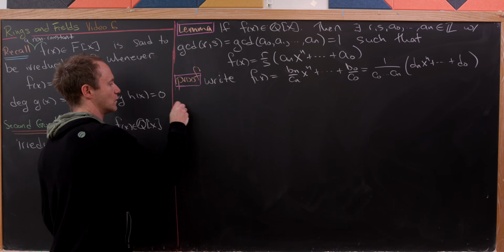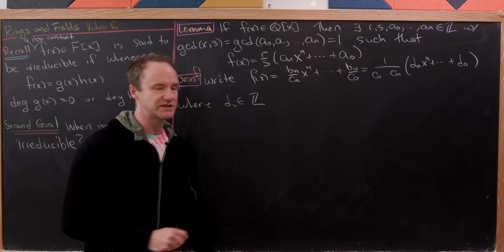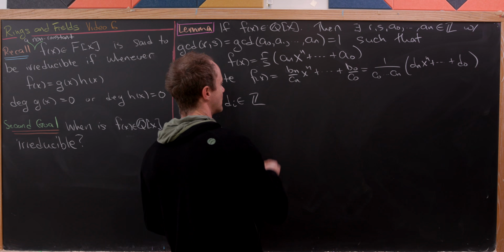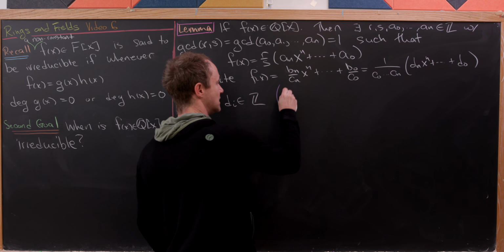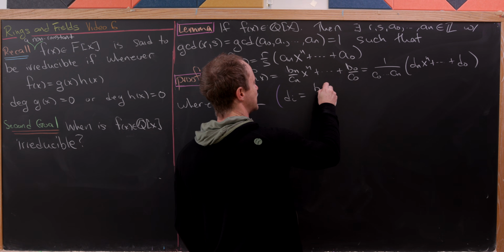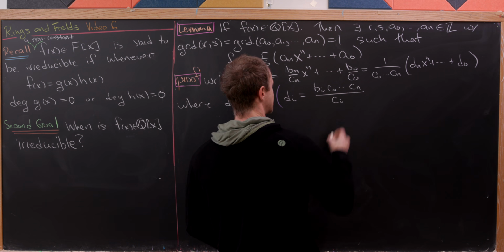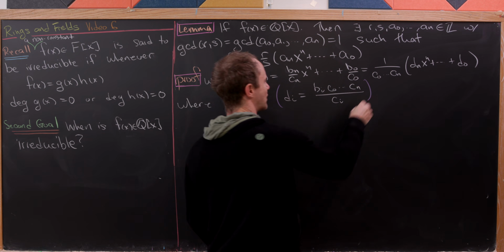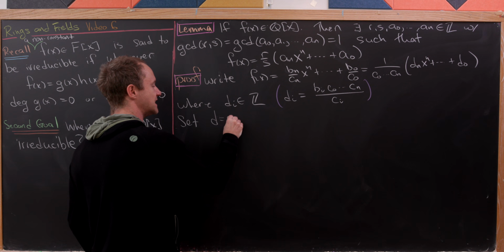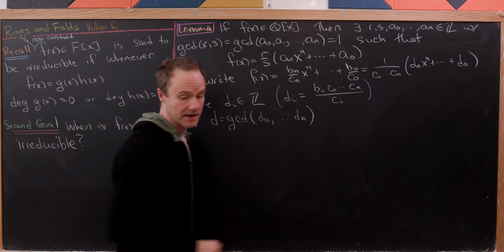And these di's are really whatever integer it takes to factor this out. I think we could write down a formula for these if we wanted to. Like for instance, di would be equal to bi times c0 up to cn over ci. So we've divided out that ci part. But again, that's just a calculation. So now what we'll do is set d equal to the GCD of d0 up to dn, and then we'll